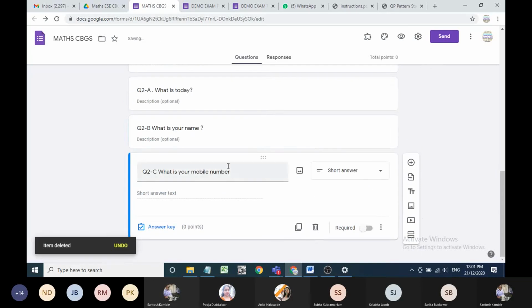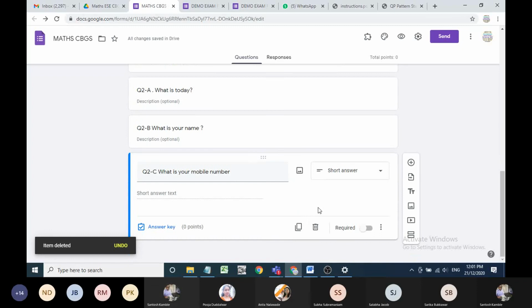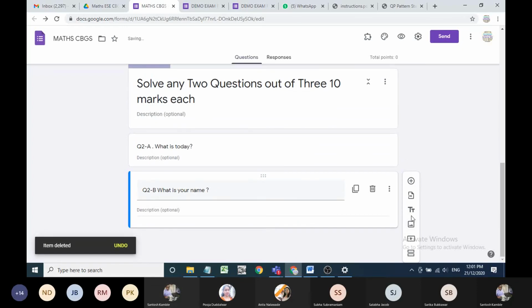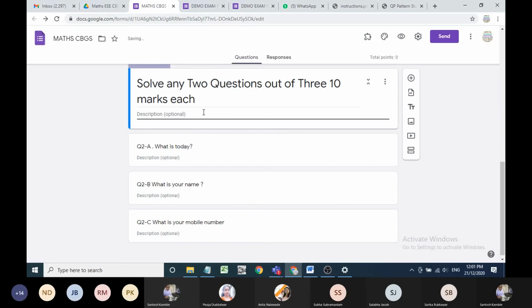This question is not there. So only 2A, 2B, 2C. Sorry, I had selected this. I want to select this. Question 2C. Here you can write the instructions, answer the questions on A4 paper.